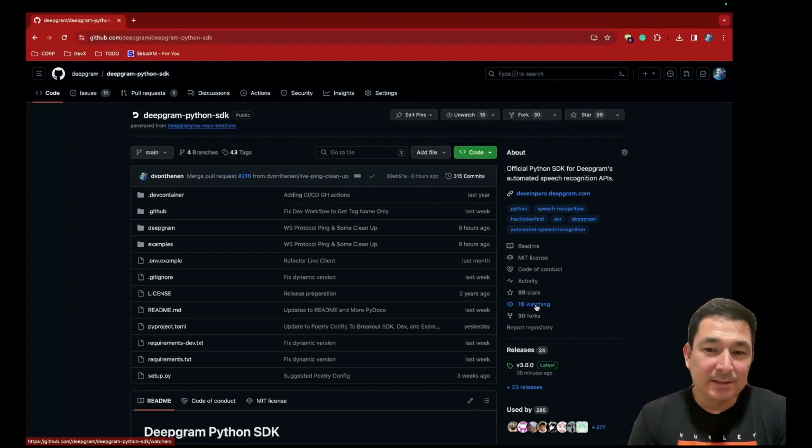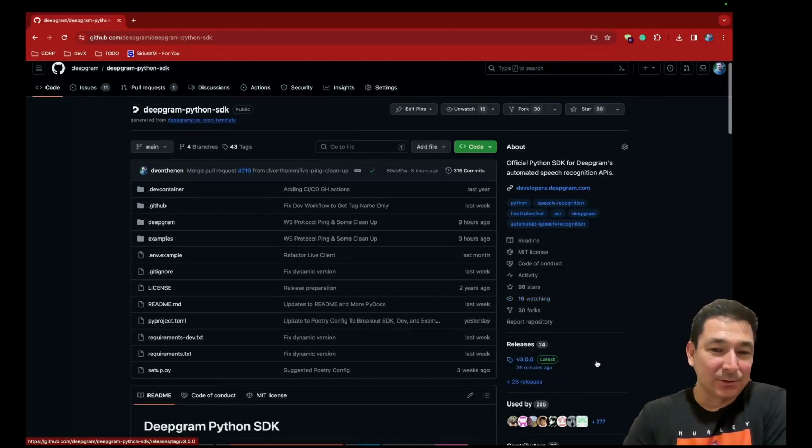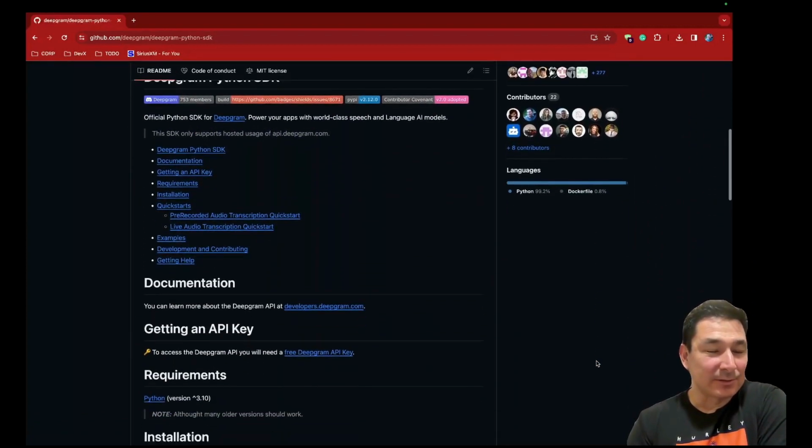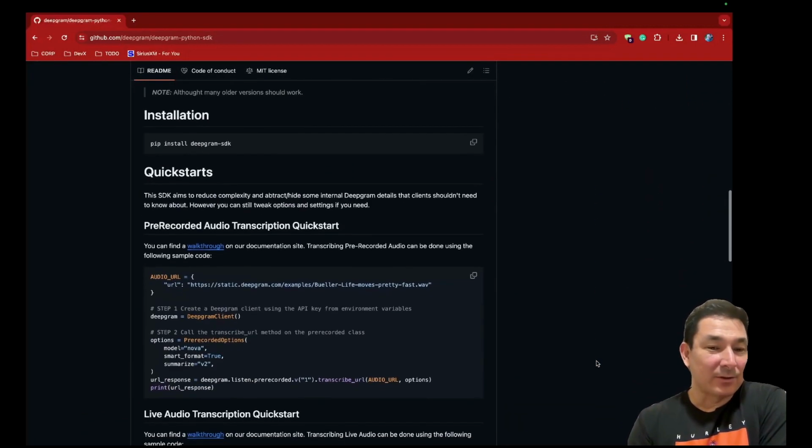So we just announced the release of the V3 Python SDK for Deepgram. It was literally just published 39 minutes ago. You can see right here. So the main README has been updated significantly to reflect all of the changes that have gone throughout the repo